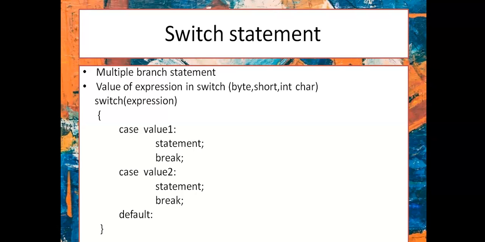Next we are going to see switch statements. Now, switch statements execute one statement for multiple conditions. It is like an if else if ladder statement. The switch statement works with the byte, short, char and int primitive data types. The value of the expression in a switch can be of byte, short, int and char data type. A statement in the switch block can be labeled with one or more case or default labels.